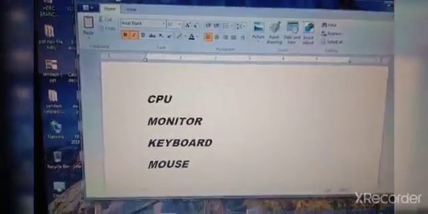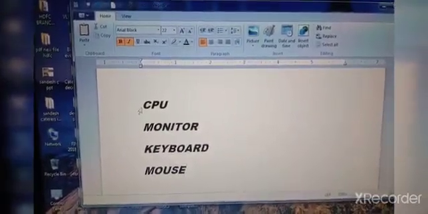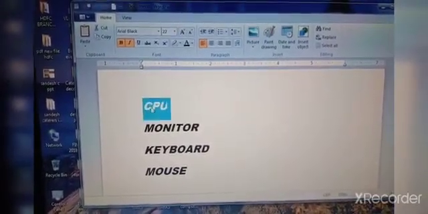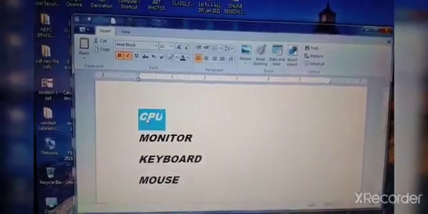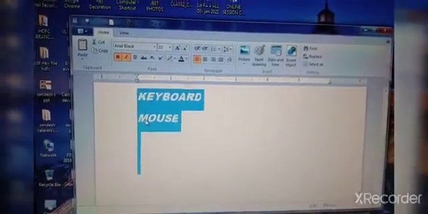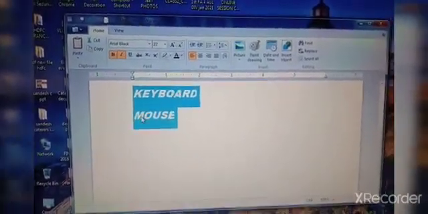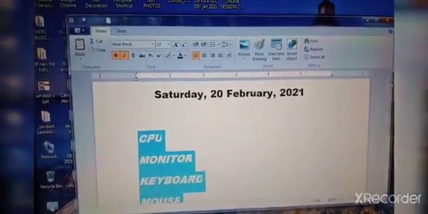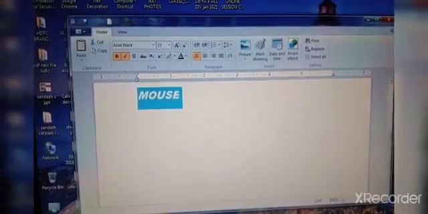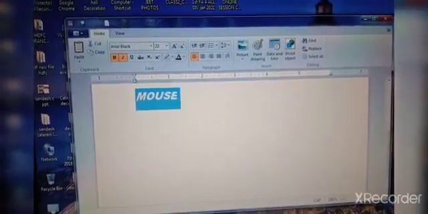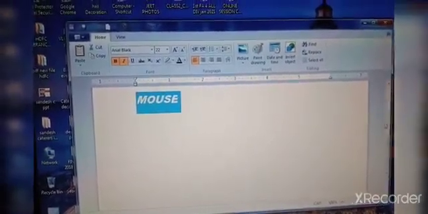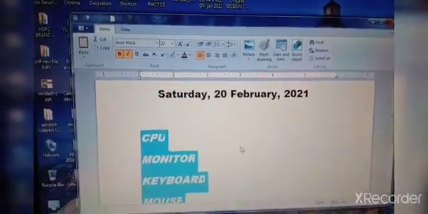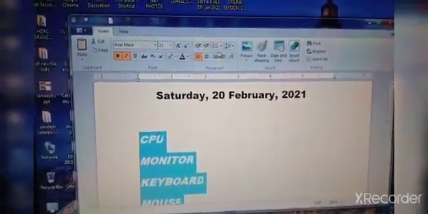Now, I want to give bullets. How to apply bullets? First, select all these words. Okay, children. Now click on this bullet option.